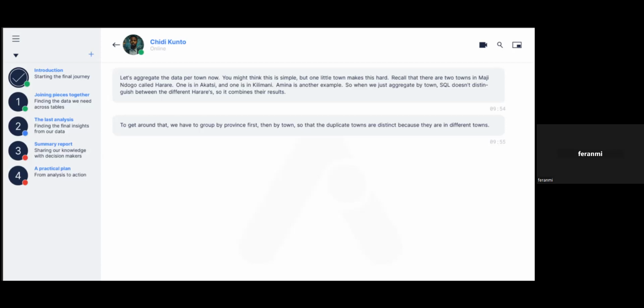So it's saying that to get around that, we have to group by province first, then by town, so that the duplicate towns are distinct because they are in different provinces. So he's saying that to get around the issue of one town having